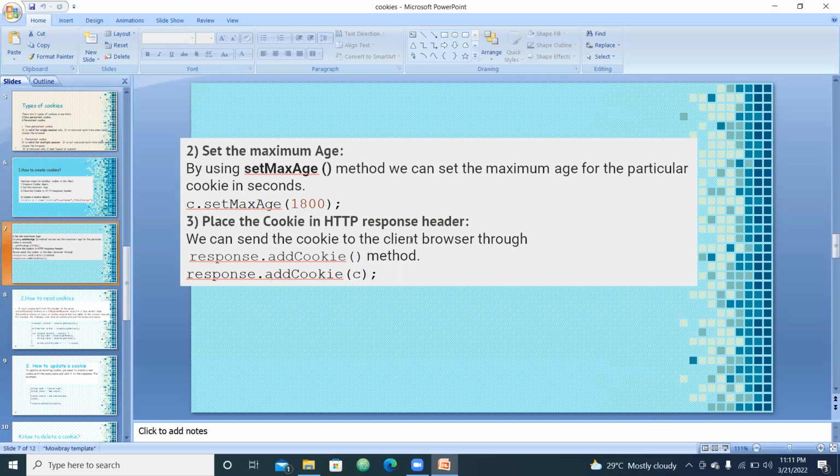And next, we have set the maximum age. So by using set maximum age method, we can set the maximum age for the particular cookie in seconds. And third, we have placed the cookie in HTTP response header. So we can send the cookie to the client browser through response.addCookie method. So moving on, we have